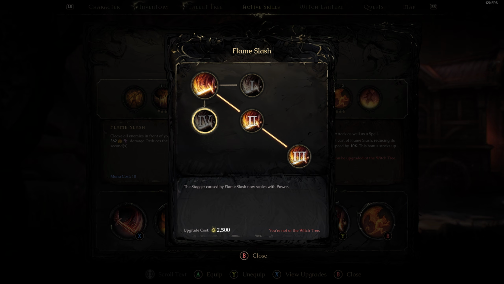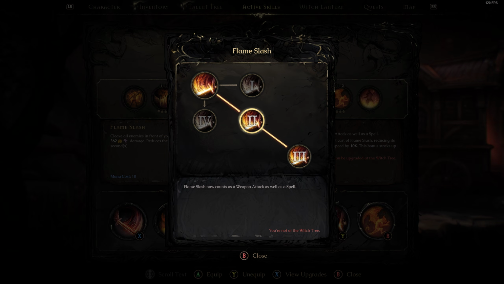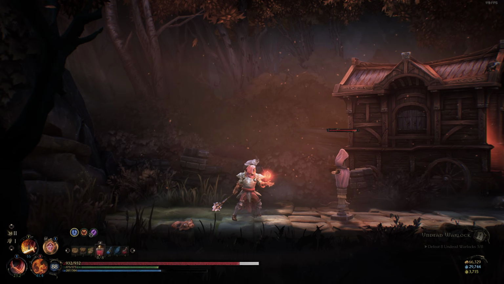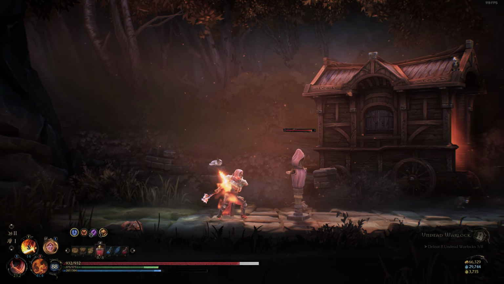Scaling the stagger is okay, but again, here's the big issue with this skill. It says this counts as a weapon attack. That doesn't actually really add any damage. You'd think it does, but you'll see here, let me just put this on and show you. So my basic attack is hitting for, what is that, 321? The cast,